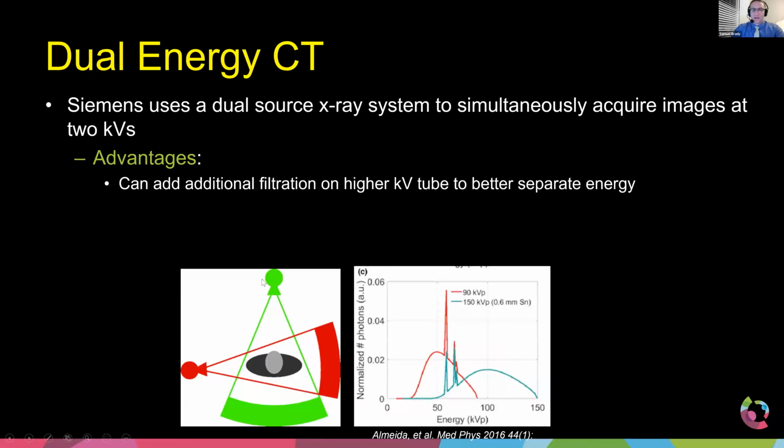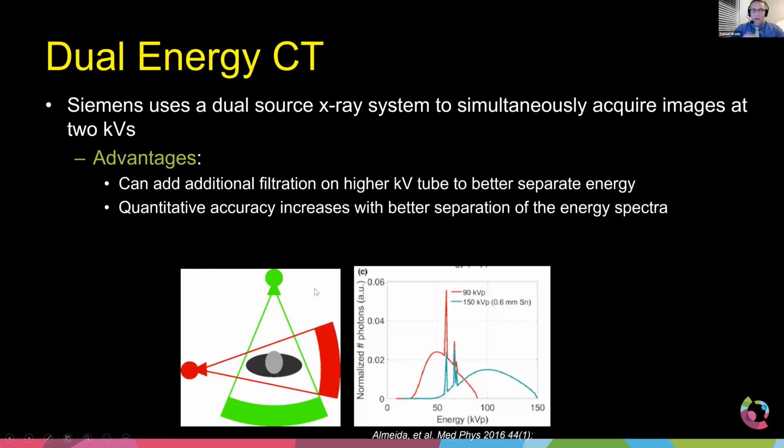And they decided to create a CT scanner with 2 X-ray tubes and obviously 2 detector rings. And so each of the tubes could operate independently. One could operate at a low energy and the other one could operate at a high energy. So this is going to fundamentally give you the best distinction of these 2 spectrums, because these two X-ray tubes